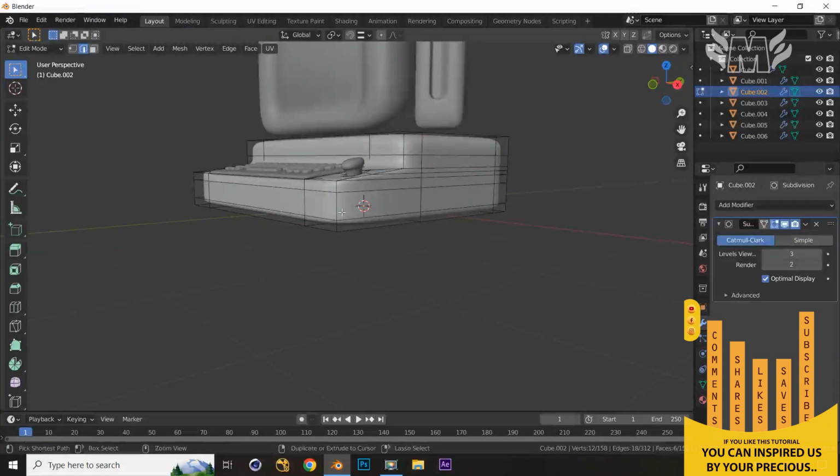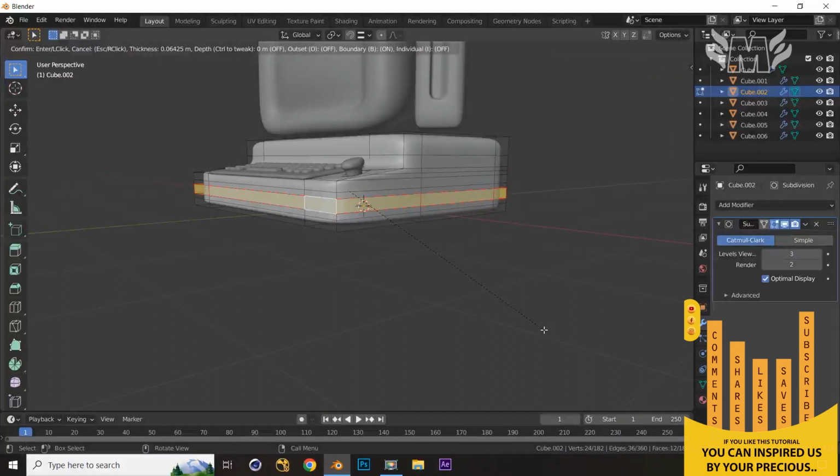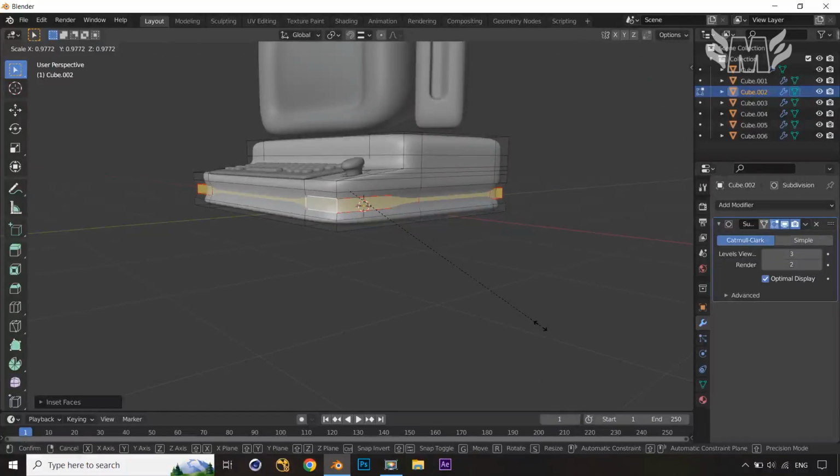Let's jump over here and press 3 and press Alt, something like even, and I press I to insert something like this. And then what we can do, we can just press S and scale it down a little bit over here,